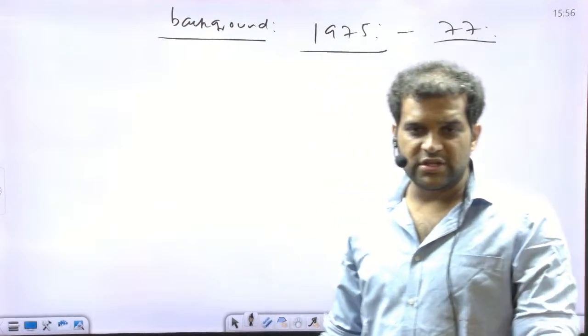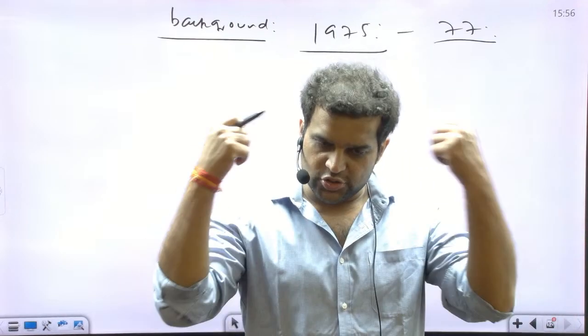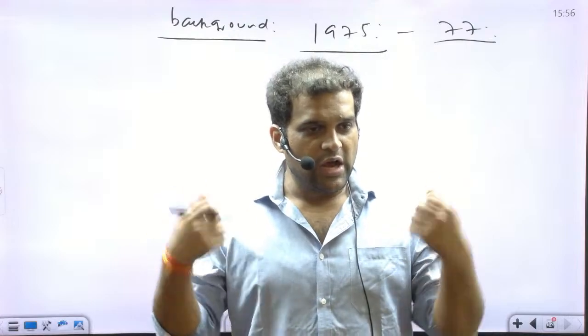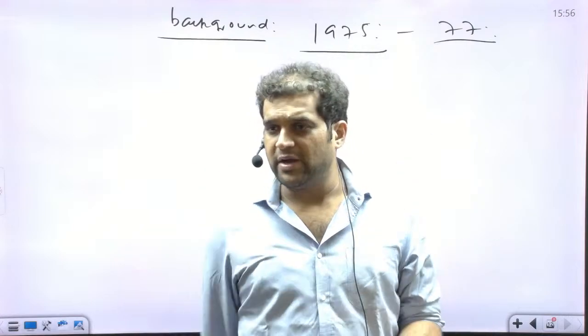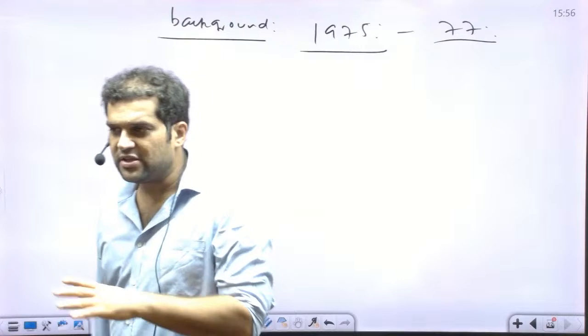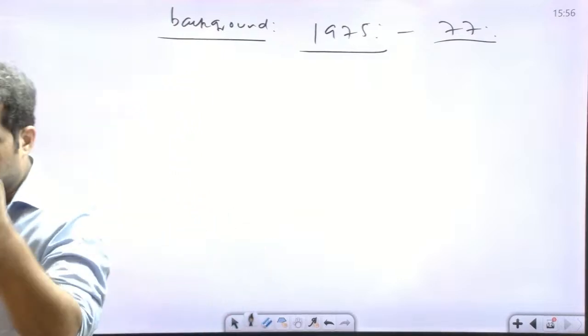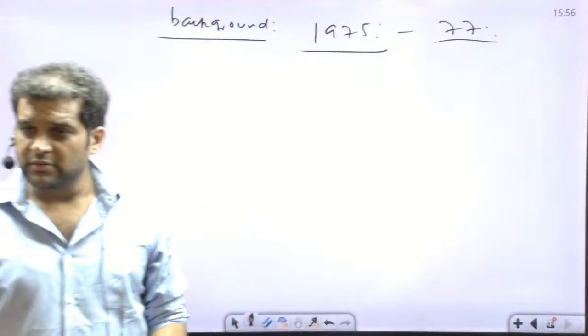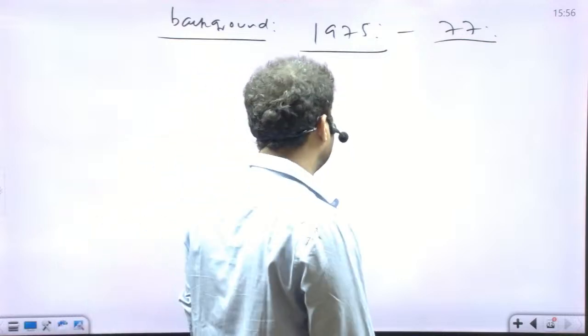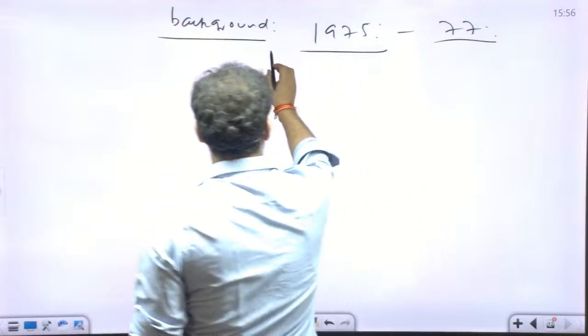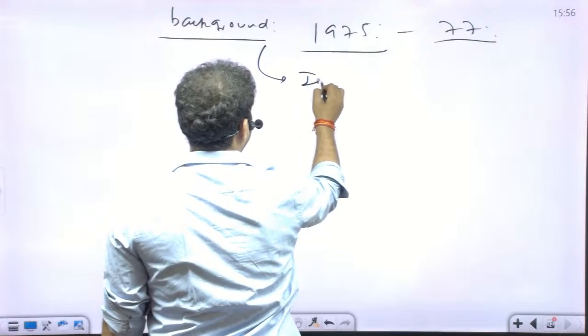All the media was in the jail, all the press was in the jail, the entire opposition was in the jail. Nobody was allowed to speak his or her mind, right? There was a sense of terror in the entire nation because there was a forced emergency, right? By the government. So, during this period, Congress appointed a committee.